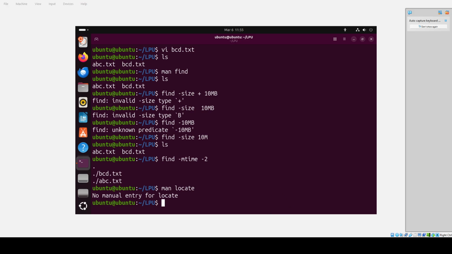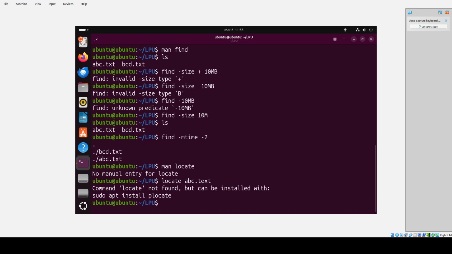The most important used one is the locate, because you have a lot of directories, in each directory there are a lot of files, how do you locate them? Okay. So, for that we use the locate command. It is very simple, I will give locate and I will give abc.txt. Sorry, abc.text,